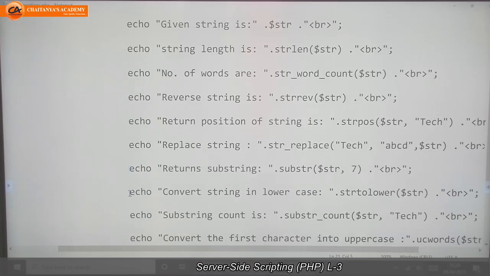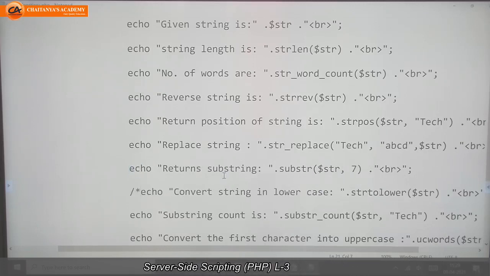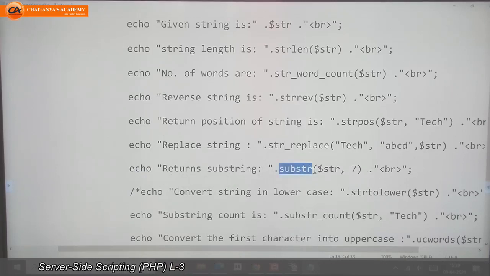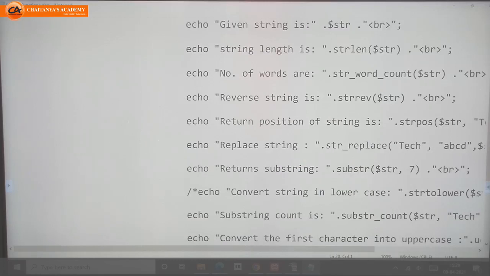Next function returns a substring. Which function returns a substring? This function, substr. Suppose I want to take a substring started from the 7th character, then I will pass here the number of the character from which I want the string, and the name of the variable.